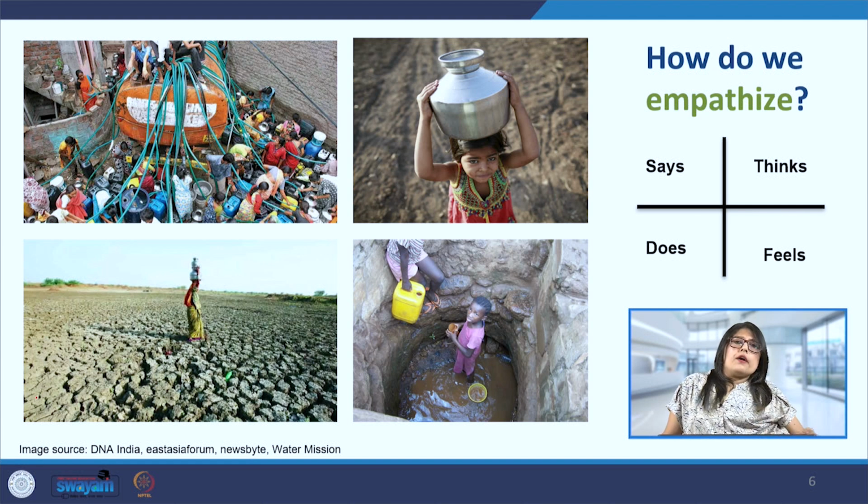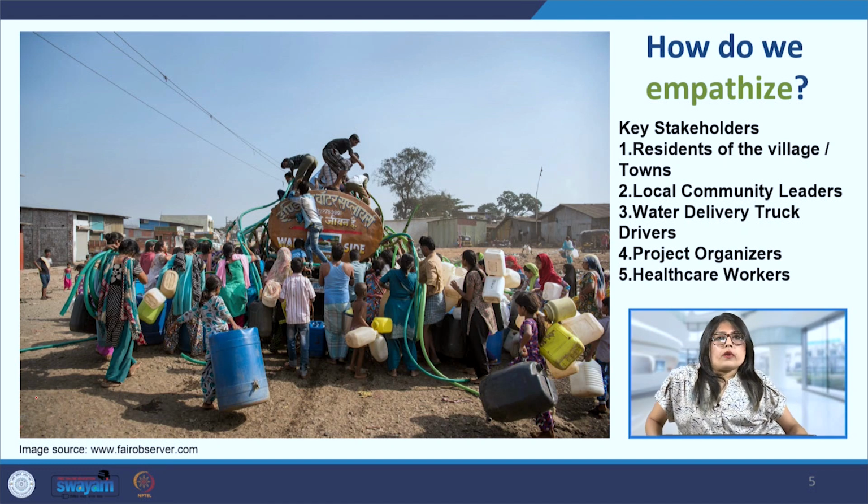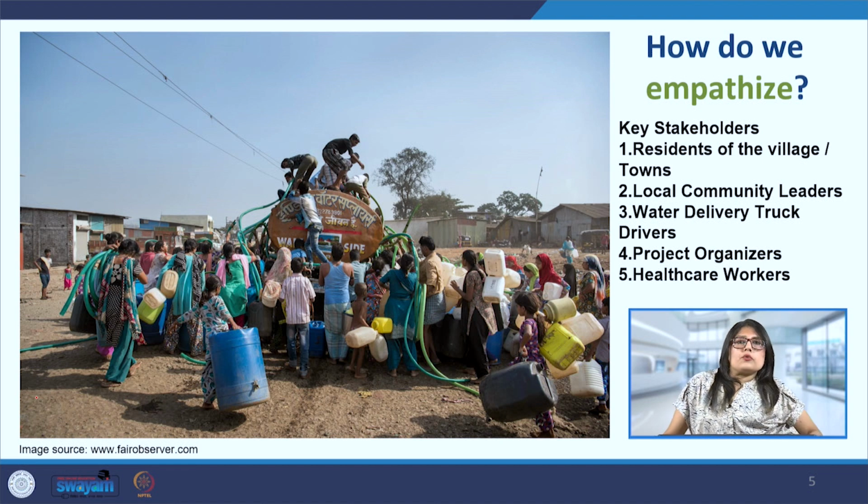Now, looking at our next stakeholder, our local community leaders. The local community leaders are the ones who will also give us a lot of insights into the problems faced by the local people, because they have spent a lot more time with them, or maybe they even belong to this place. They understand the different methods which have earlier been implemented and why they have failed, why some things did not work. So empathizing with this particular leader group is also equally important.